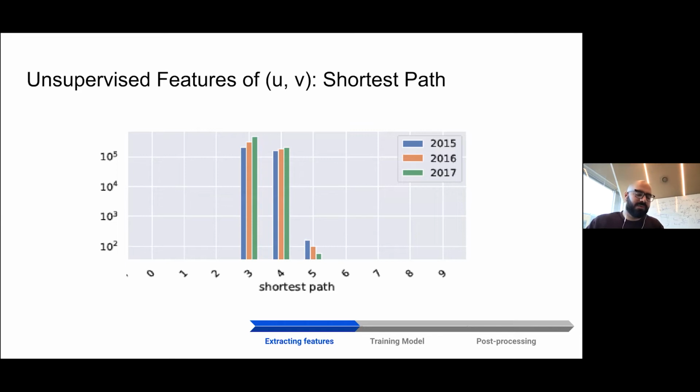What I wanted to point out, something very interesting that we found out about the shortest path feature, was that in this graph the shortest path is not very fruitful because it has very few values. The shortest path is either 3, 4, or 5. I was surprised when I saw that. And by 3, I mean it has 3 vertices, so its length is 2. I mean, the shortest path between 2 nodes that are not connected, right? So it's either 2, 3, or 4. We included it in our features, but it gives us the intuition that this graph actually has some very huge hubs, and most of the nodes are connected via these hubs.